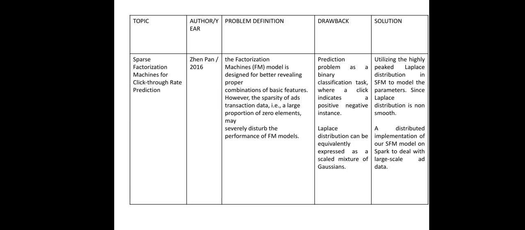Utilizing the highly peaked Laplace distribution in SFM on the model parameters, since the Laplace distribution is non-smooth. A distributed implementation of the SFM model on Spark to deal with large-scale ads data.